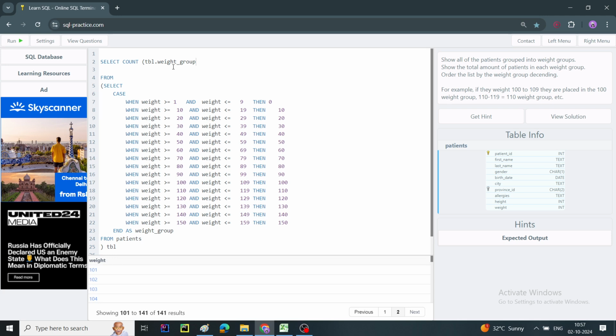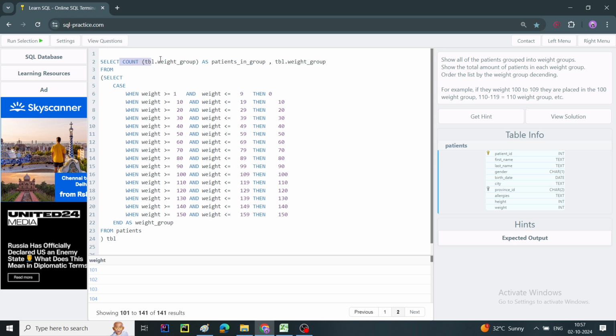Weight group as patients in group, and comma table dot weight group. This is how we need it, because we need the count number of weights per weight group,